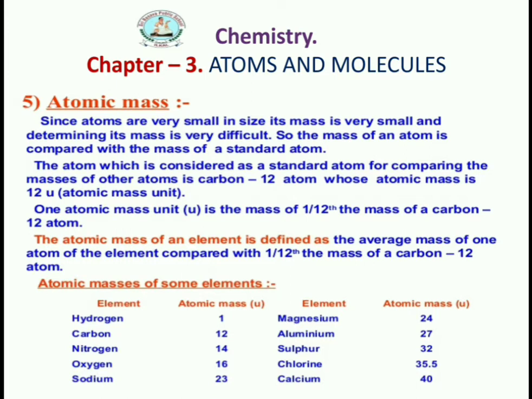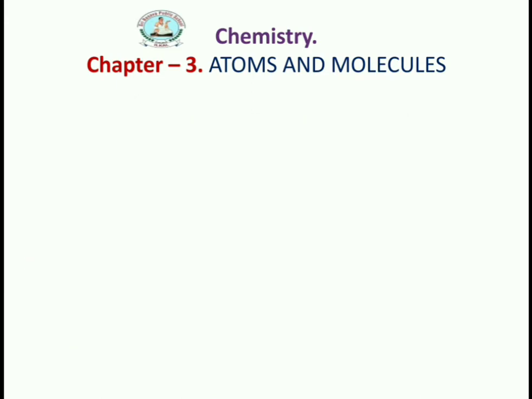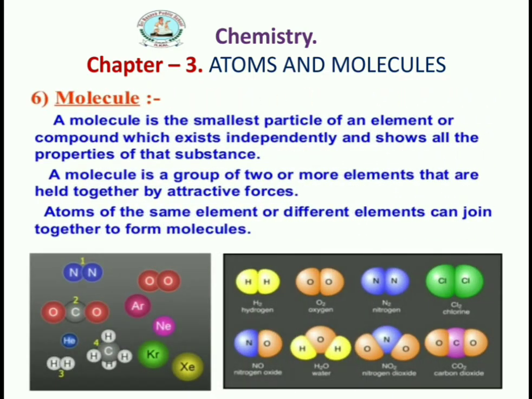In the periodic table, the atomic number is given and the atomic mass number is also given, along with valency and electron configuration. All these properties we will discuss in each period of the periodic table. You should remember the atomic number also; here the atomic mass number is given. Next, here you see molecules. We have completed atoms. Now we are discussing molecules. Molecules means what? A group of atoms is commonly called a molecule.